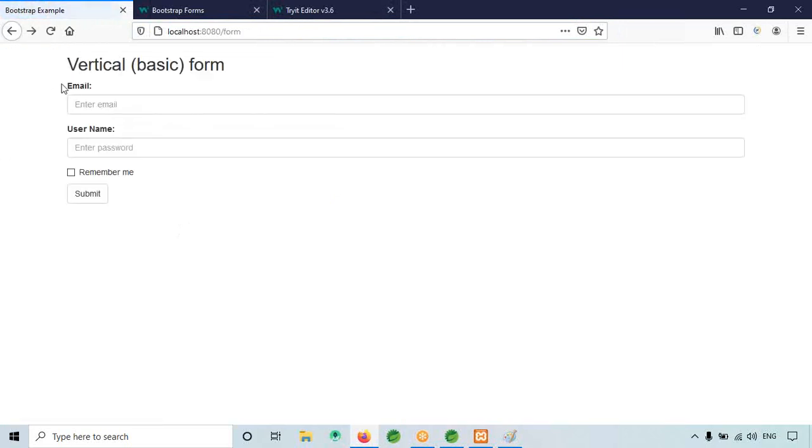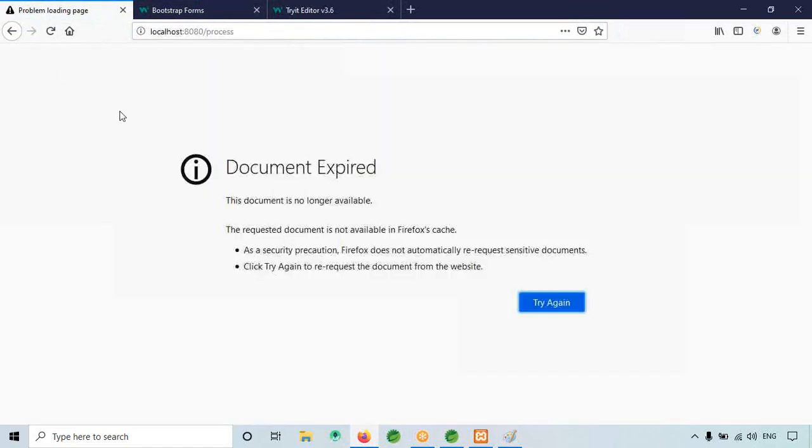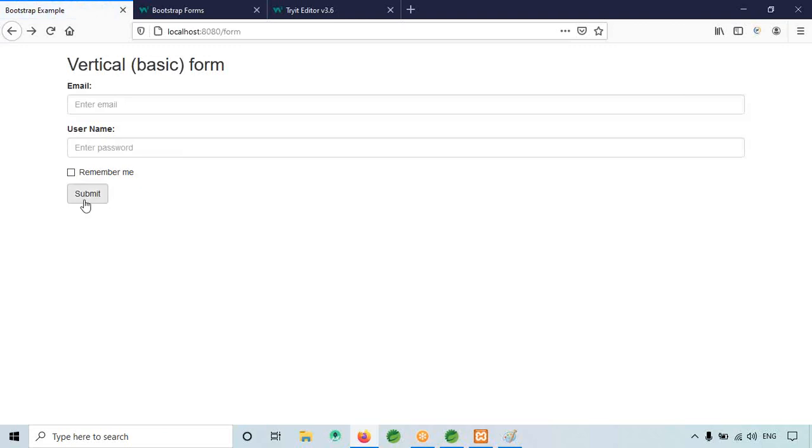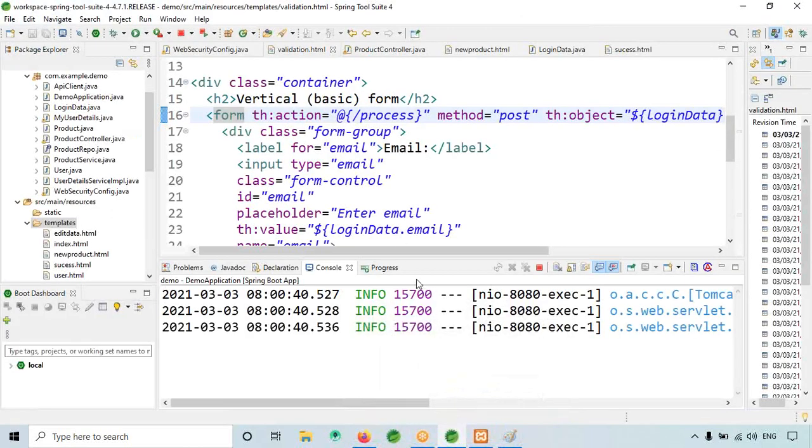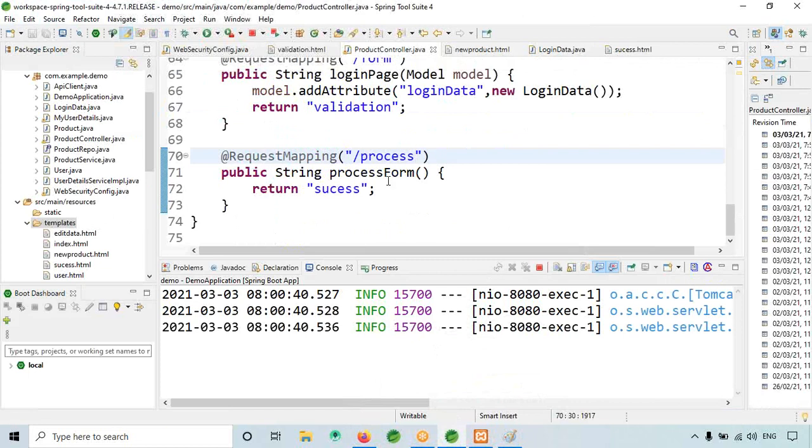Okay, so now what I will do is, initially whatever I print here, username and email, it has to print when I click submit. So to do that, in the success, in the controller, I need to write a few more lines.